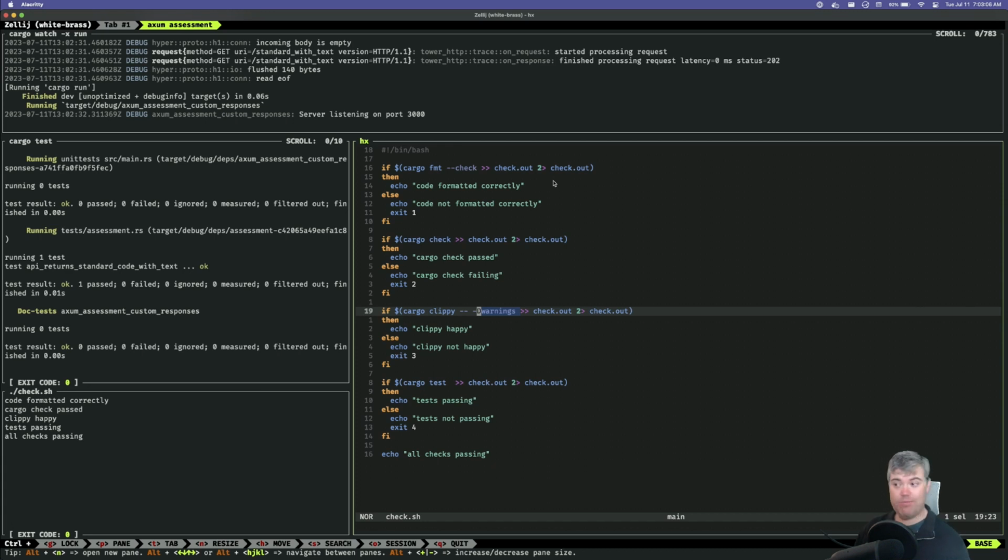But there is Clippy too, which is basically as strict as you could possibly get with a linter type thing. I have that turned on here, and in my check I'm saying, turn every warning that it has into an error.